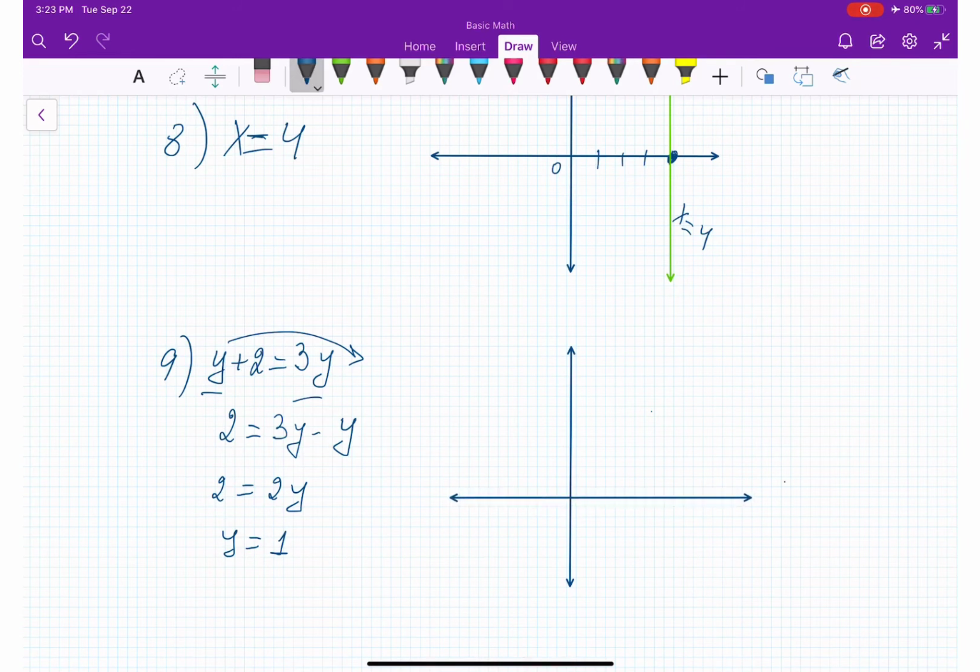Where is my y equal 1? Here, let's say this is my 1. There is no x, that means y is going to run parallel to x, right? There we go. And we have y is equal 1. Okay,